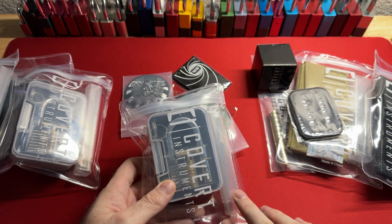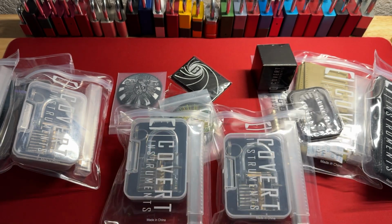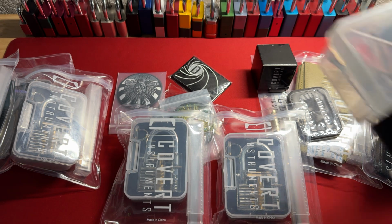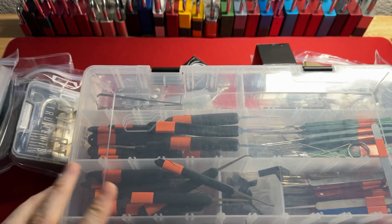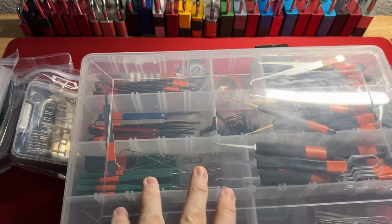I bought 10 of these for taking with me to Locksport meetup groups because I have a container. Hell, I have it behind me. Let me show you what I take with me to Locksport meetup groups. So previously, for the last couple of years, 3 years, I've been taking this monstrosity, and I don't like